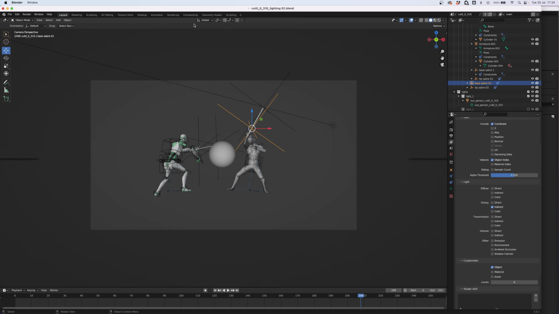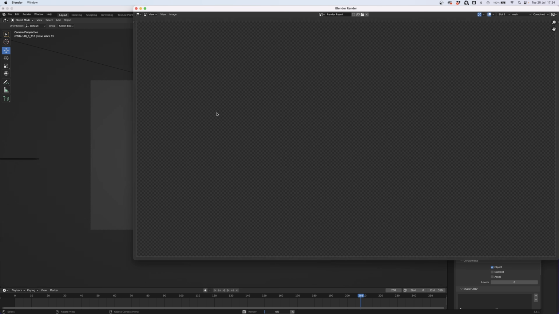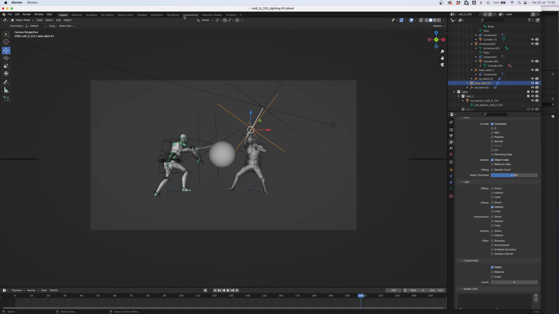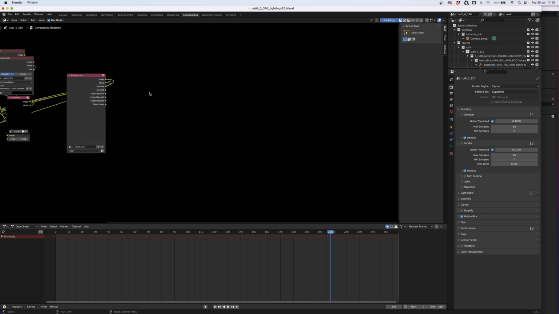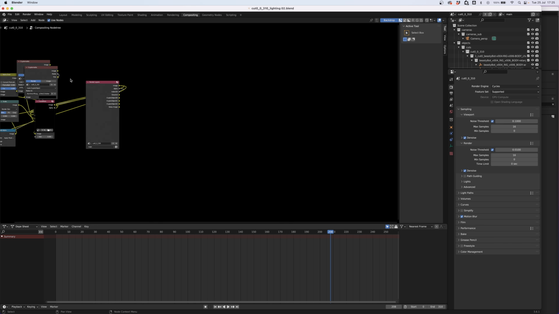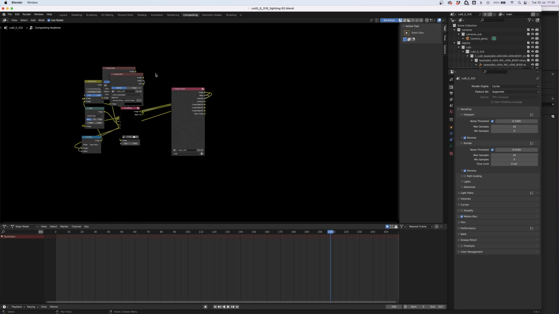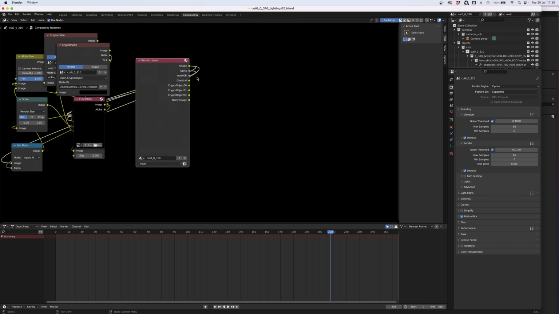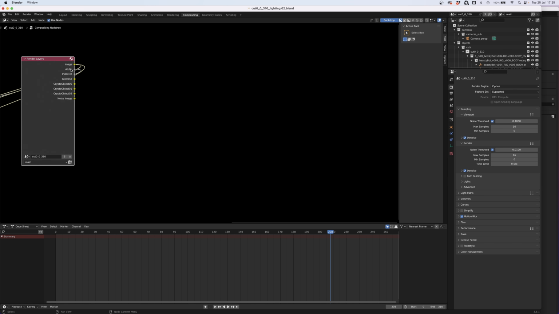Now, before we move into the compositing window up here, we're going to press Render. We can do Render and render an image. And with that done, we're going to minimize that window, press Compositing, and then in this window, when you first open it up, you'll find all of these layers stacked on top of each other, and you just pull them apart till you find one called Render Layers. The ones here are generated by Wonder Studio when it creates that first Blender file, so you can ignore all of these and leave them well alone. And we just want to concentrate on having that Render Layers file so we can link to the image output.